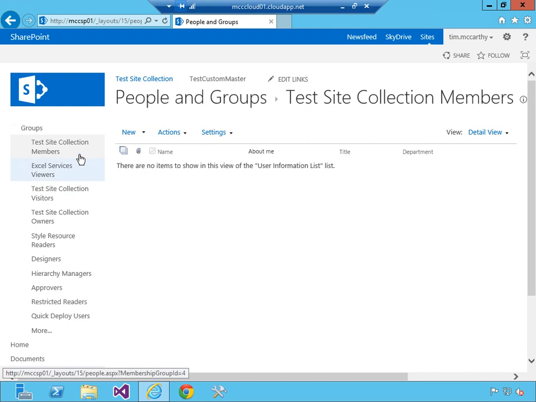You can see here on the left-hand side, on the left-hand nav, the Quick Launch, are the default groups that get created when you create a SharePoint site. So it's the name of the site, in our case Test Site Collection, and then members, visitors, owners, and then designers, approvers, hierarchy managers. These three, though, members, visitors, and owners, are the ones that use the name of the site. And so let's go back,